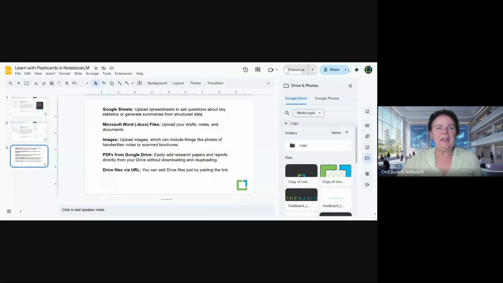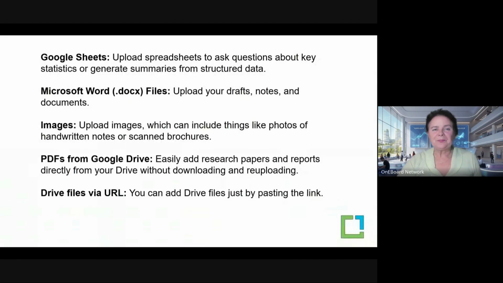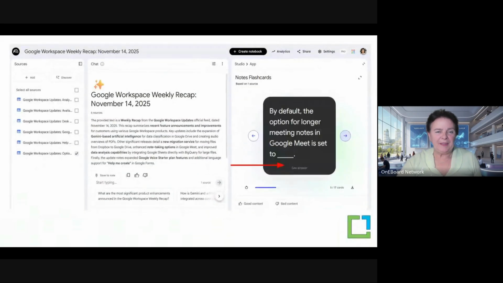This week my tip is about your learning assistant. So this is happening in NotebookLM. You can paste the presentation. Actually,